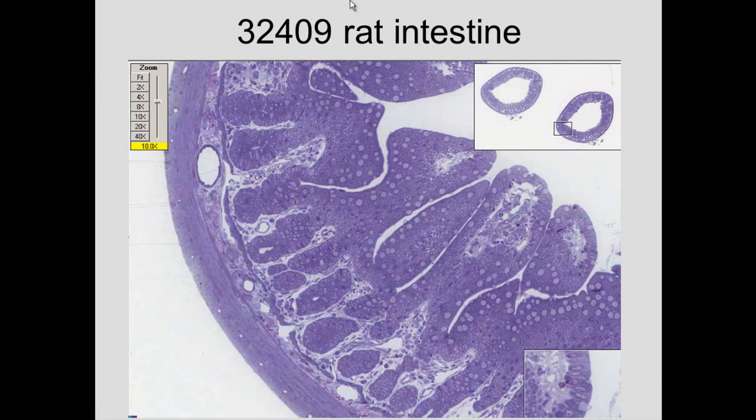This is another slide of rat intestine showing you the outer muscle wall, connective tissue there, and also we see a host of intestinal absorptive cells that are cut a little oddly in this shape. They're cut along the height of the cell as opposed to along the length of the cell. But here we might be able to see some that are cut along the length of a cell, goblet cell,